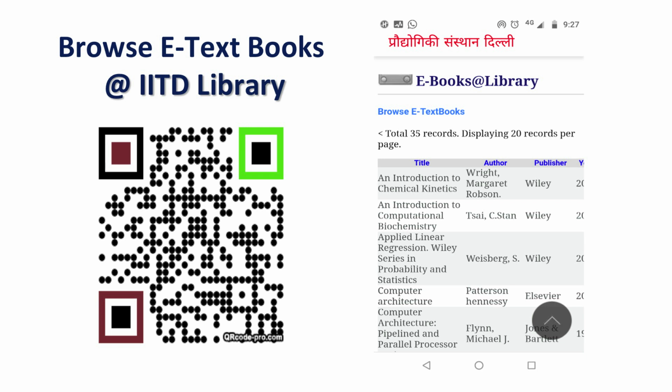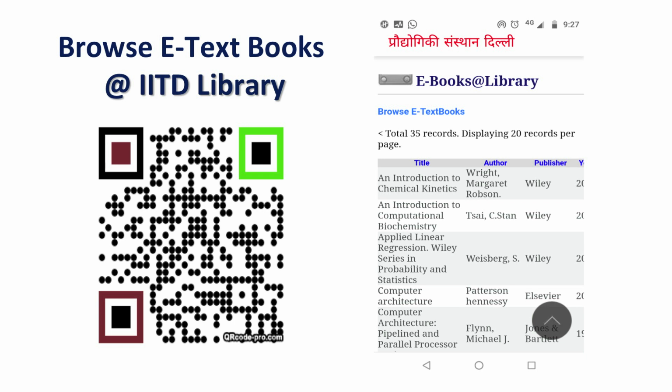For example, IIT Delhi has so many e-text books in addition to reference books and other books. It has a good textbook collection. If you want to browse the e-text books which are available in the IIT library, on the right you can see on your mobile screen different titles available in the Central Library IIT Delhi.